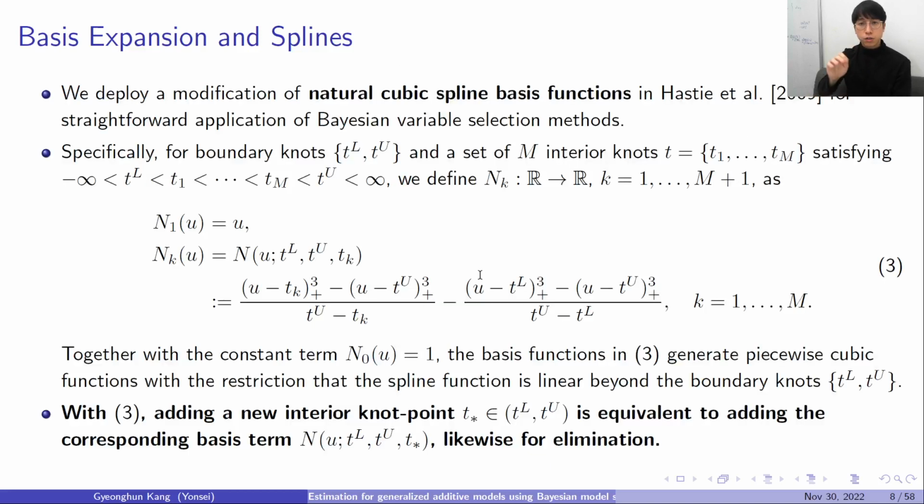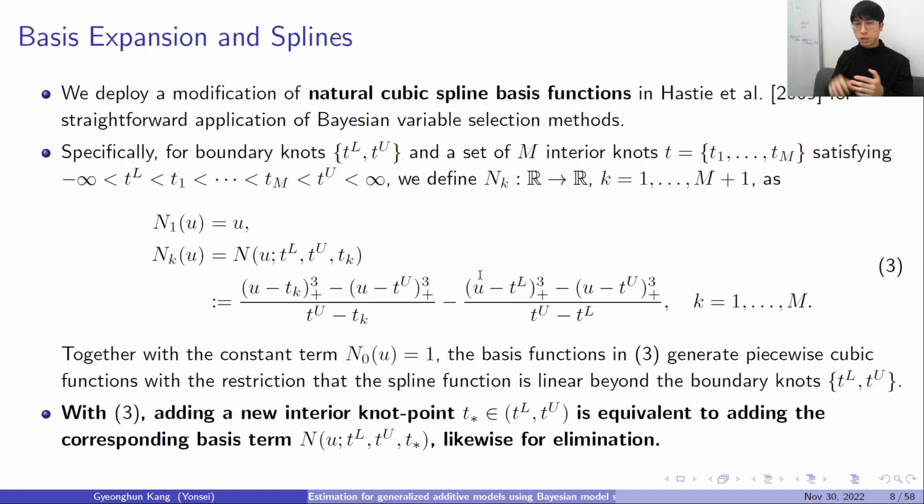And we're going to use third-degree polynomials, but also we're going to add the natural cubic spline natural boundary condition, so that the resulting spline is linear outside the boundary knots. We're doing that in order to control the erratic or irregular behavior around the boundary, which is commonly observed if you use a polynomial basis, right? And also we have introduced a slight modification of the usual formulation of the natural cubic spline